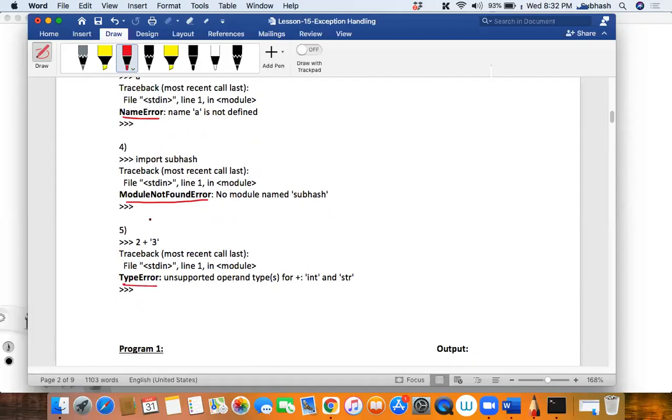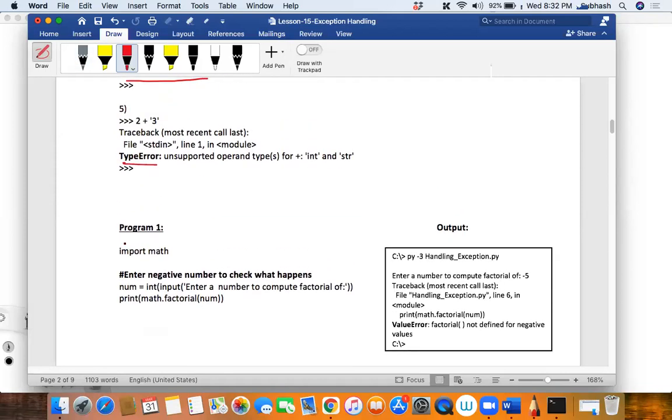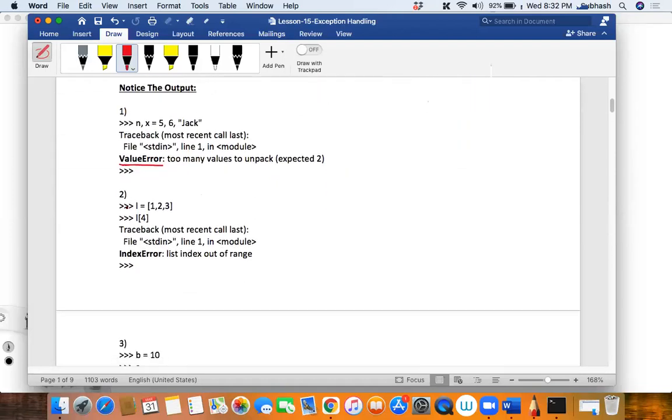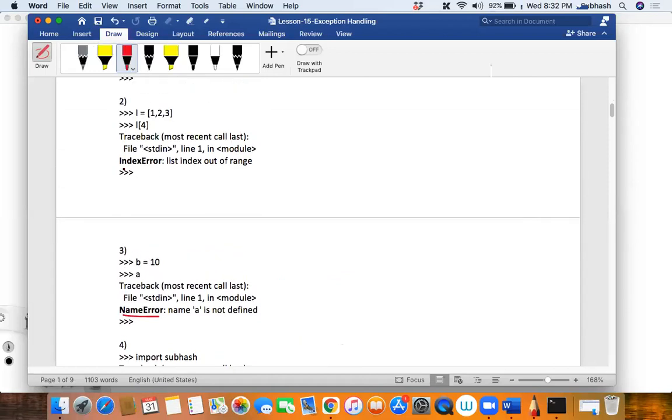Did you understand my intention of giving these errors to you? I just want to show you what kind of errors could occur during runtime when you're executing your program. Now slowly, let us start handling our errors one by one. Before that, shall we start with till here? Is everything clear till here? Okay, so I'm proceeding further. I hope you also understand index error.